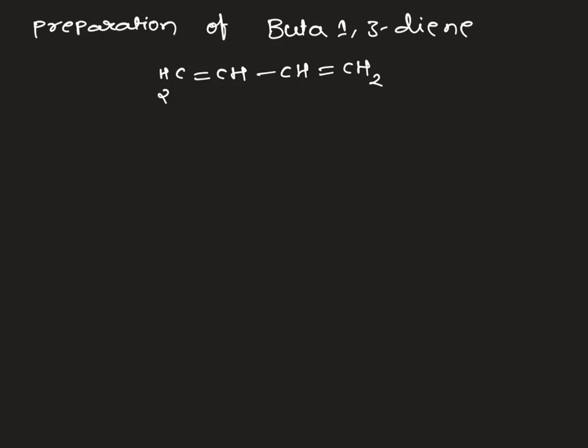Last class we discussed the introduction of alkadienes, their classification and nomenclature. Next we are focusing on the preparation of dienes, and in our syllabus we have one diene, that is buta-1,3-diene or 1,3-butadiene. In this chapter we will learn how we can prepare butadiene and its chemical reactions. First I am starting with the preparation of buta-1,3-diene.